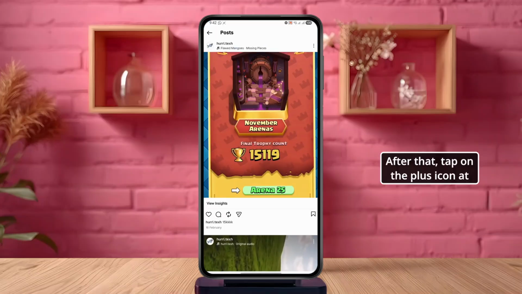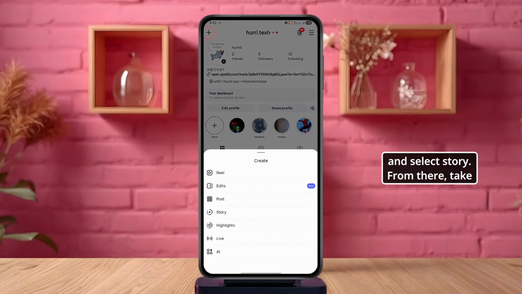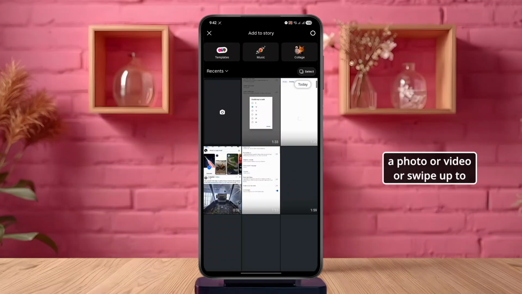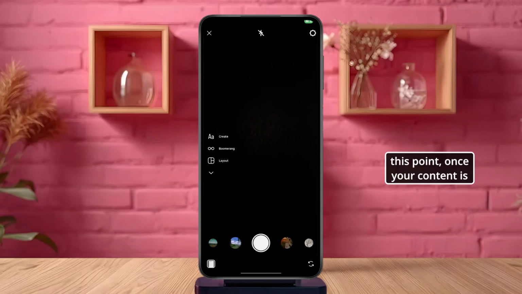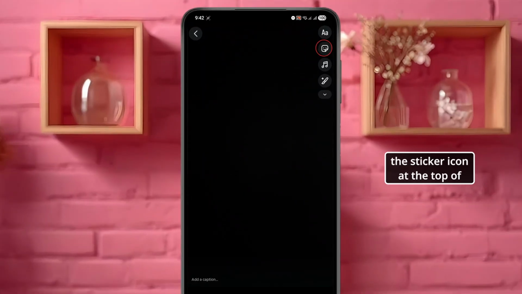After that, tap on the plus icon at the top left corner of the screen and select Story. From there, take a photo or video or swipe up to choose one from your gallery. At this point, once your content is loaded in the Story Editor, tap on the sticker icon at the top